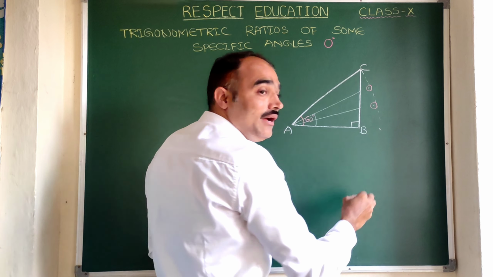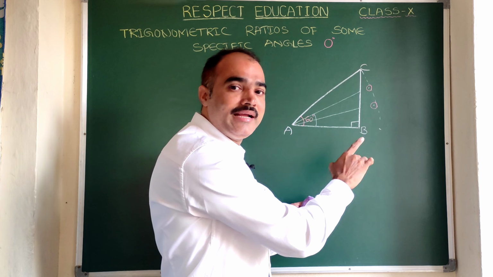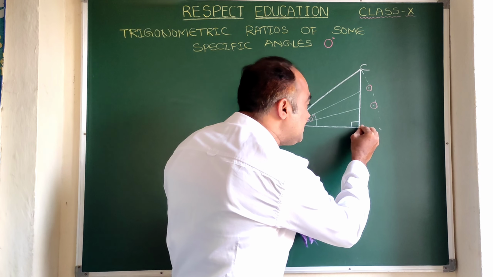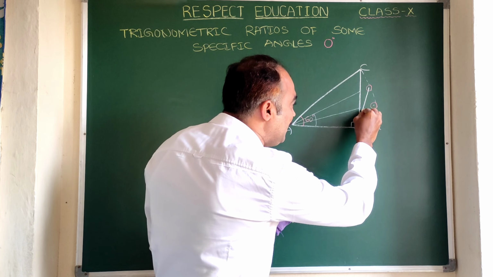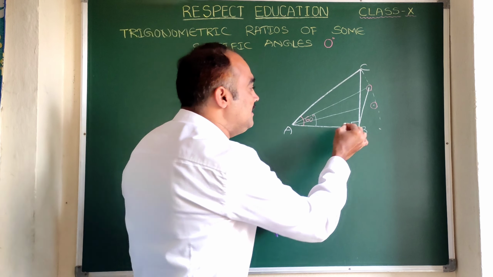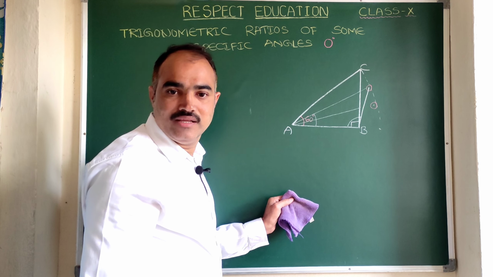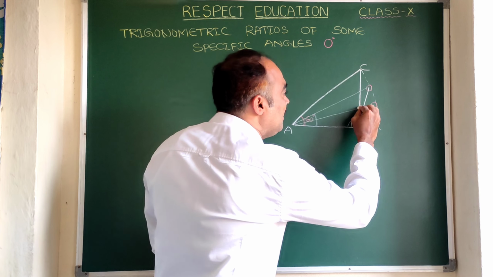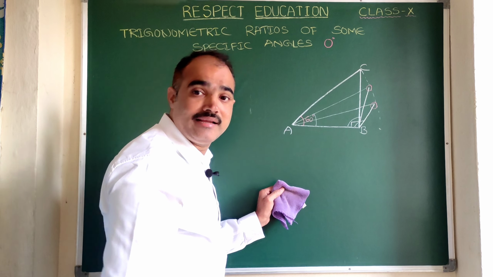Is it clear? Yes. By the time here we are applying all the angles for a right angle triangle. If you fix the B here, then what happens? Then ABC will be in this shape. So this will not be a right angle triangle. This will be an obtuse angle triangle. Is it clear? Yes, sir. So if C comes here, then the triangle will be like this. So again this will be an obtuse angled triangle.